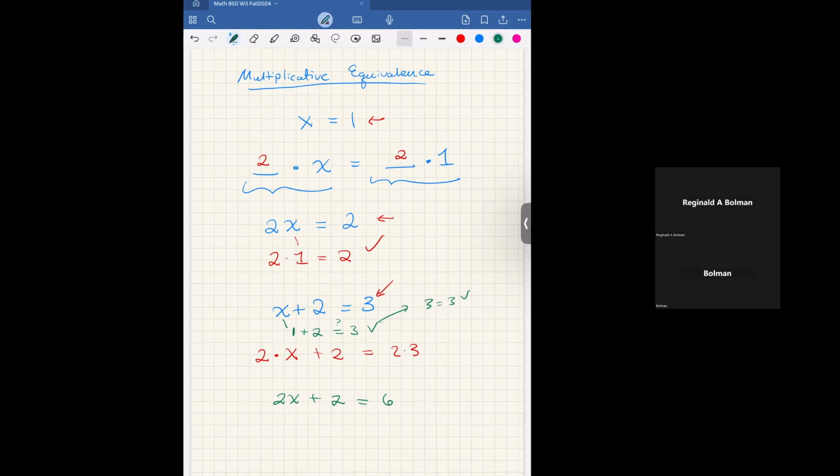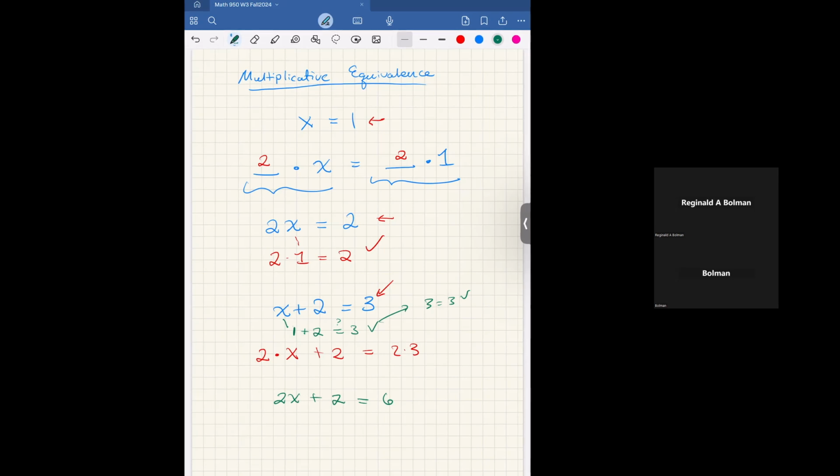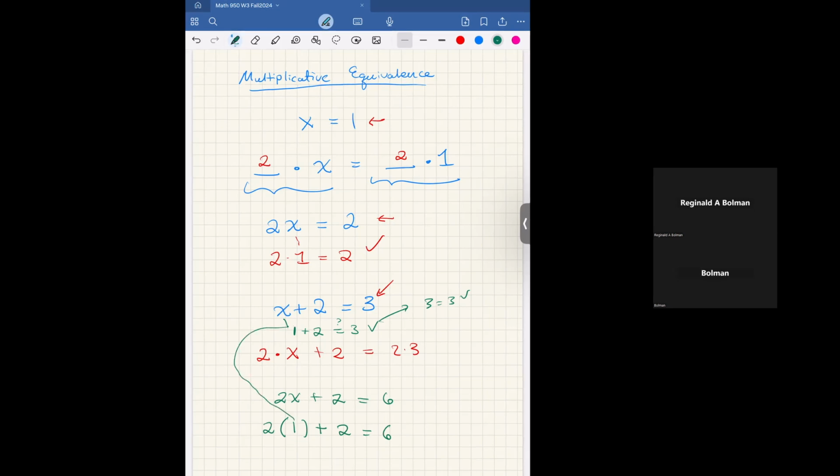Said another way, in this case, your equation reads 2 times an unknown number plus 2 is equal to 6. Well, the original equation had the unknown number equal to 1. So if you were to substitute in the original unknown number from your first equation into your x value, what would happen is you have 2 times 1, which is 2, and 2 plus 2 gives you 4,